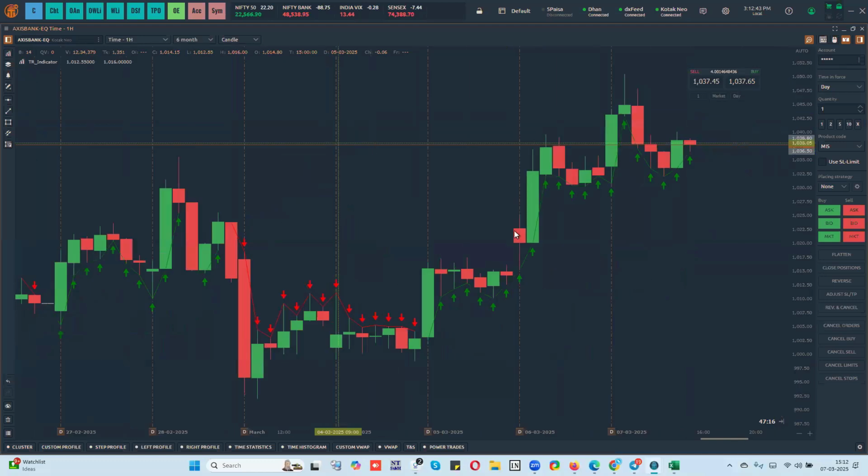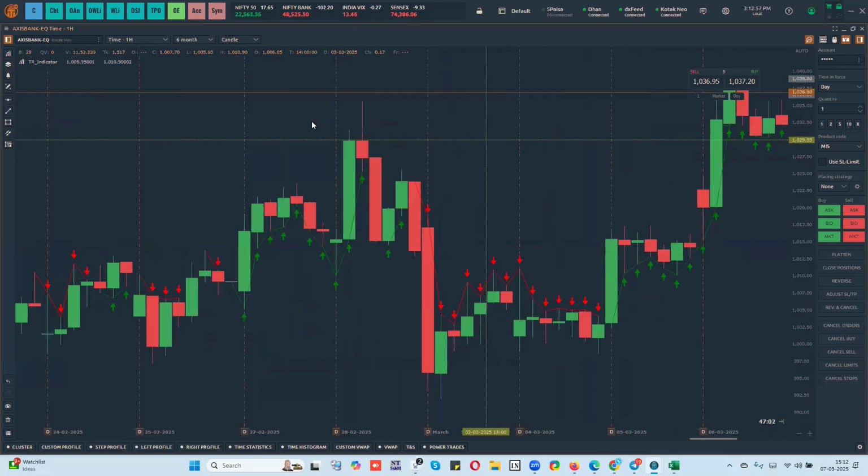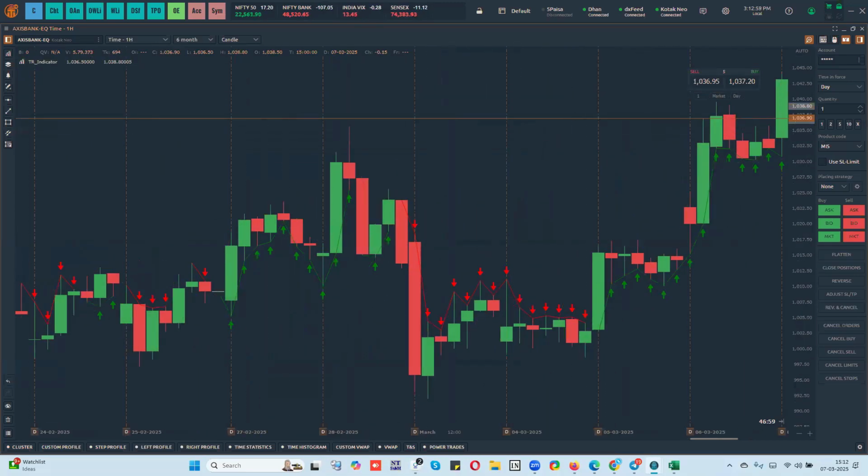You can use this. Your risk will be restricted to the first signal candle's low, maximum risk, or you can take a previous candle low as your stop loss. Okay, and you can ride your profits. So that's how you can trade this particular signal. It's part of the subscription. I think any subscription you have, you get it.